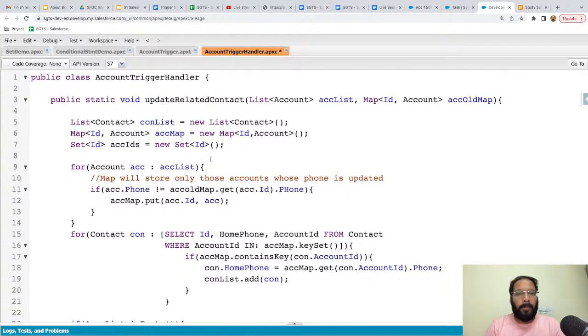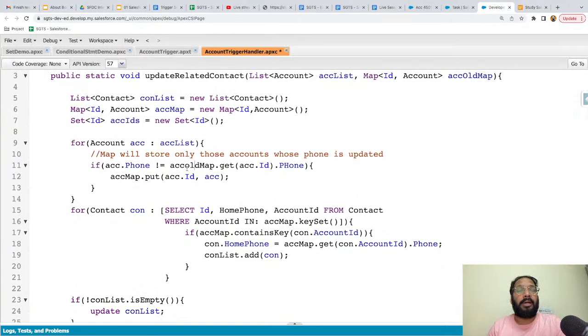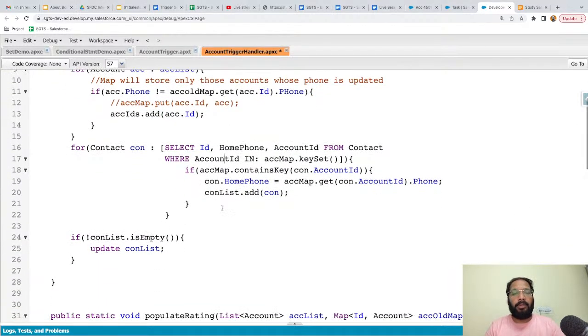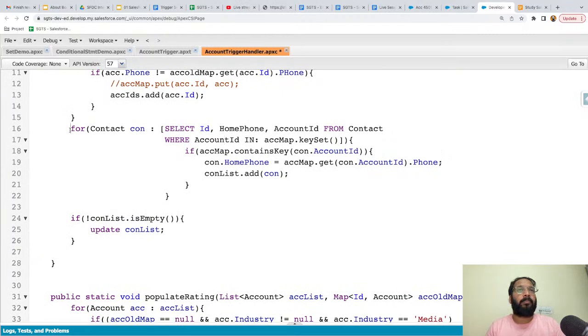Then we already have a loop which we are iterating on the acc list. Here we have this condition where we are checking old and new values. Instead of a map, we don't need the map. So I'm commenting it, and this also I'm commenting, and I'm writing accIds.add(acc.Id). So instead of a map, I'm going to use a set. Right. Now here I need to implement parent to child SOQL. So this code I am commenting,